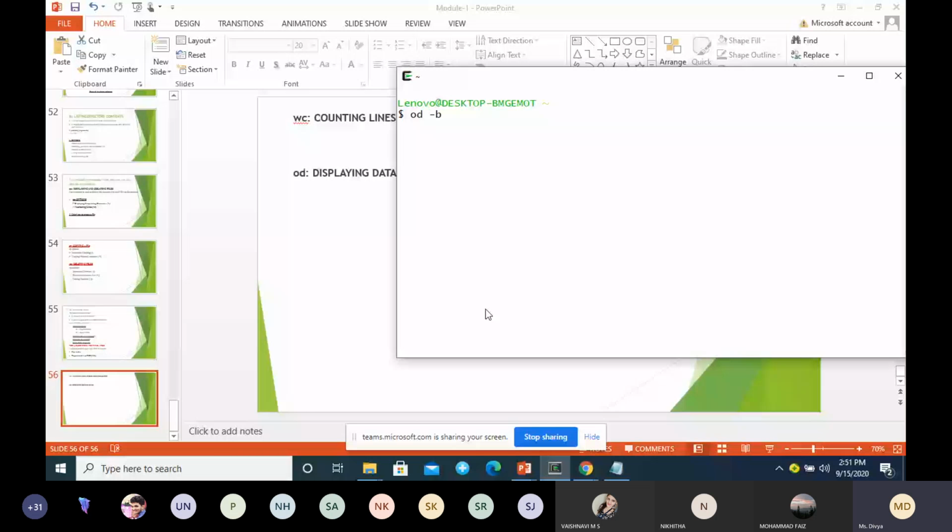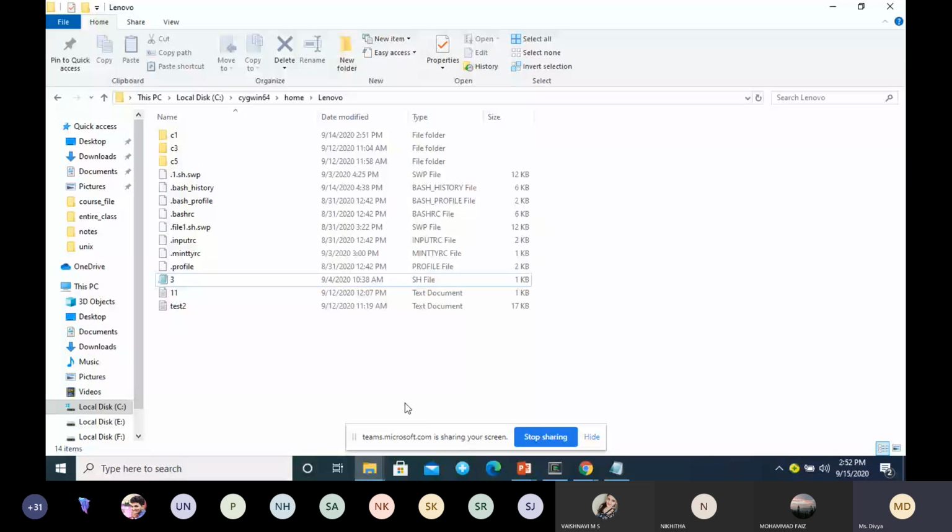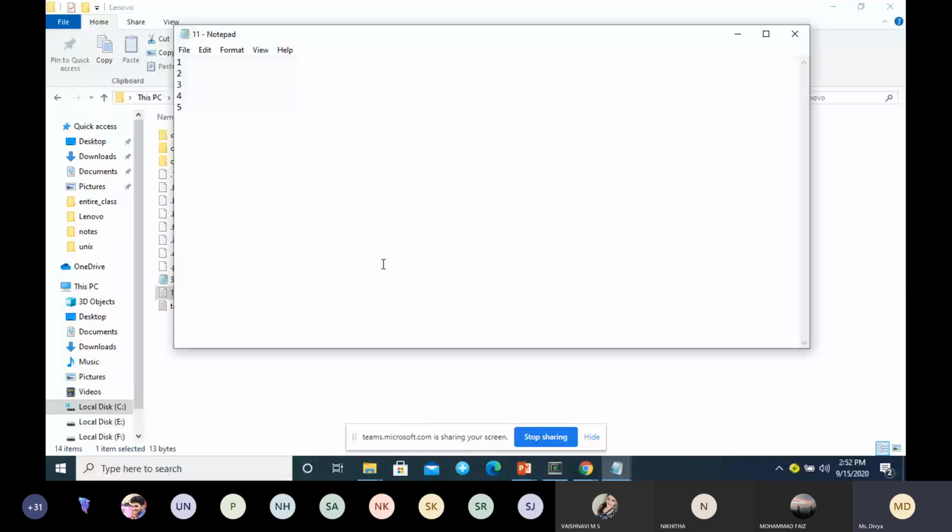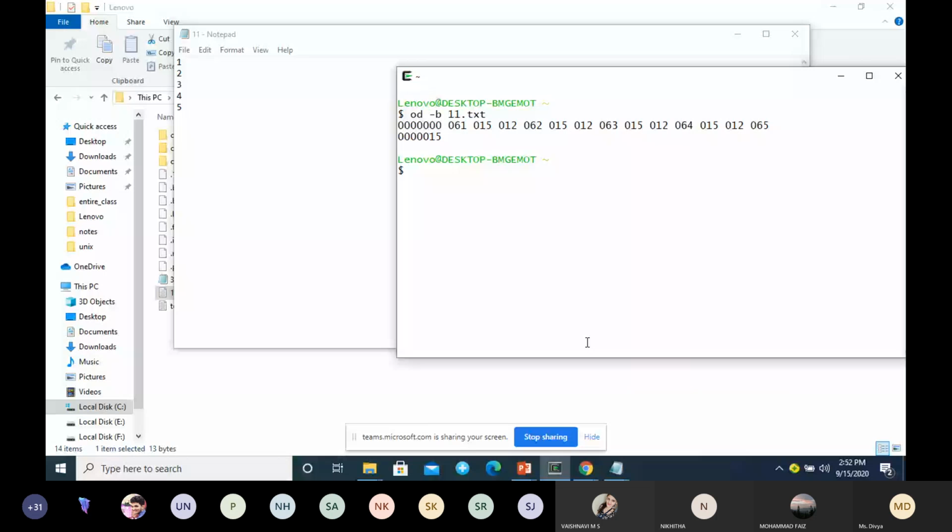It will give you the ASCII octal values of these characters. In file 1 I have these things, but it will display the octal values, the different octal values of 1, 2, 3, the space and all.